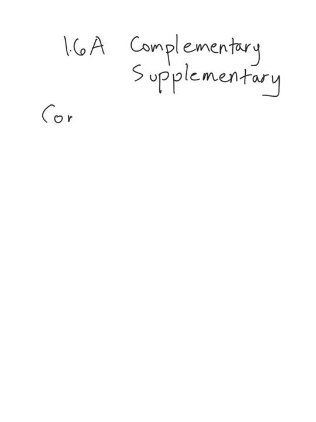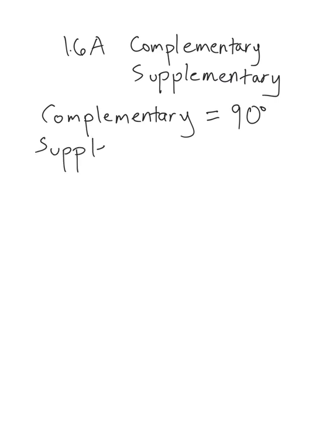So complementary angles have a sum of 90 degrees. They are two angles that add up to 90 degrees, and supplementary angles are two angles that add up